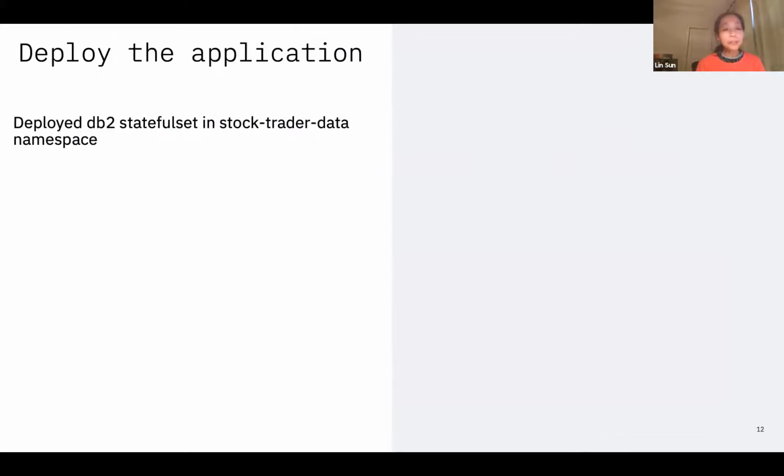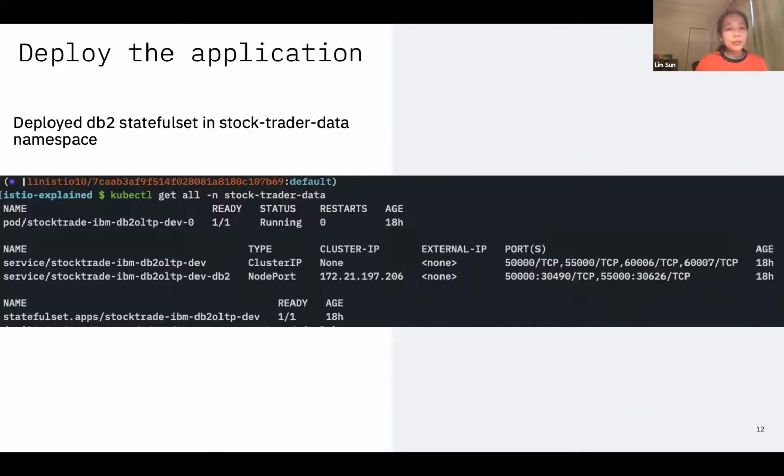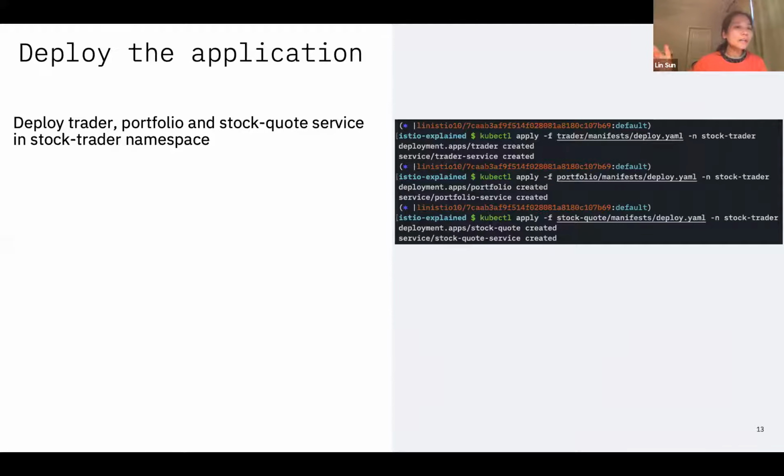So let's go ahead and deploy this application. Without Istio or any service mesh, normally you would just deploy the DB2 stateful set in this data namespace we talked about. And for the other three services, trader, portfolio, and stock quote, we're going to deploy into the stock trader namespace.